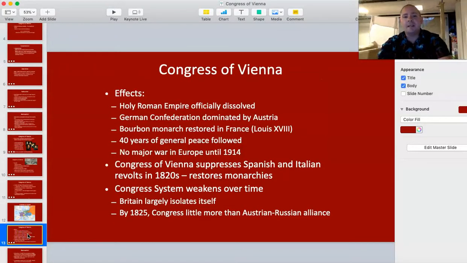So the effect of this is there's general peace around Europe. For the next 100-ish years, there's no real major European war. Yeah, there's smaller wars. There's going to be revolutions in the 1840s. There's going to be fighting in France for the next 50 years. There's going to be a war between Prussia and France that will push Germany together. There will be small regional wars, but there will not be a large war until World War I. So the Congress of Vienna really ignites this quest towards nationalism, and